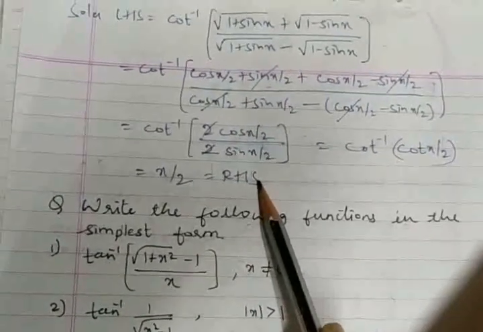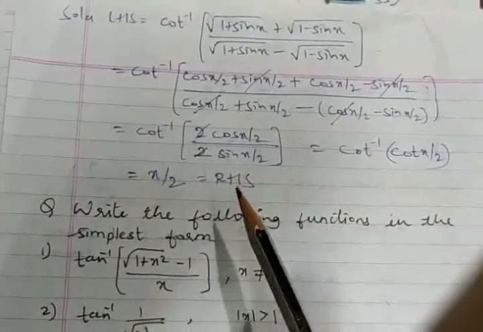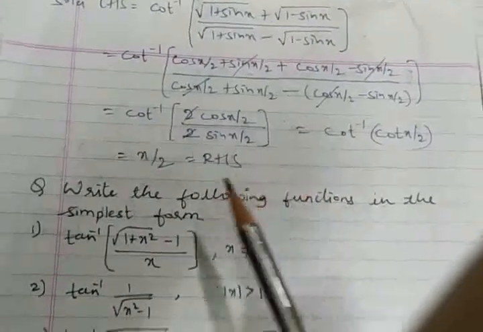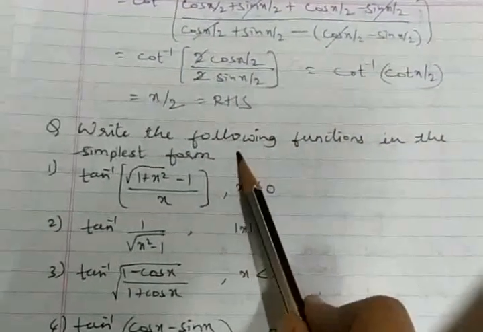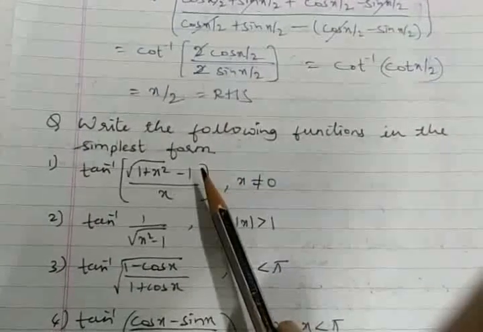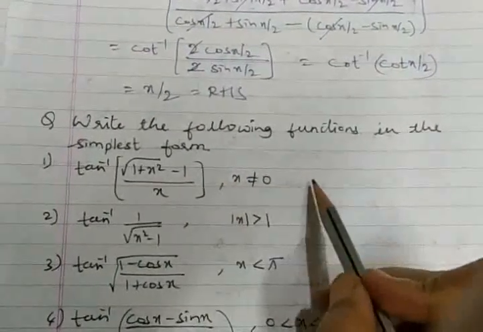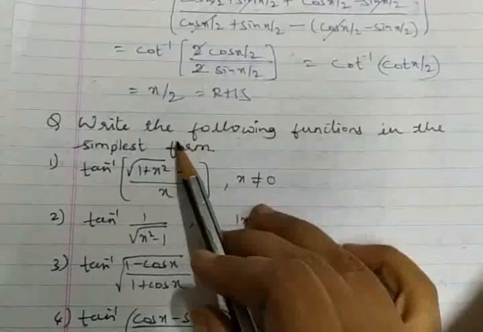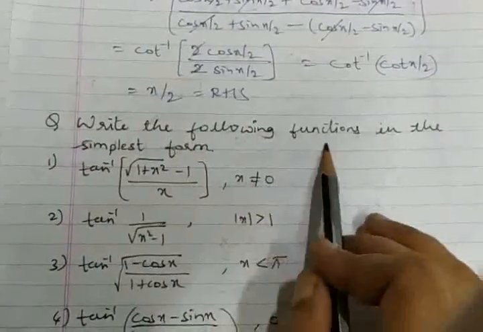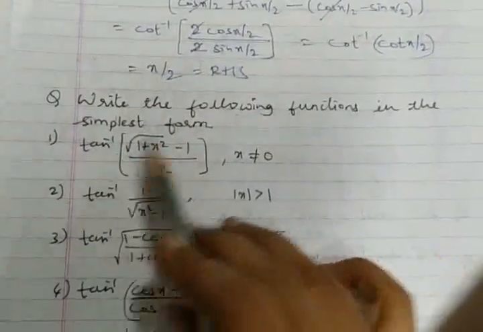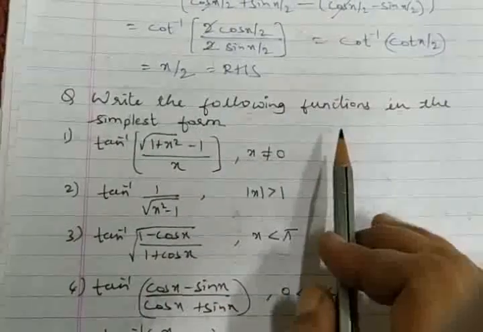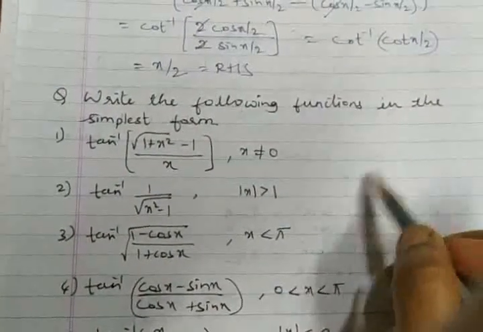Okay, so these are all the questions we had discussed till now. Their questions are of the type prove that. Now this is the next pattern, where RHS is not given. What I said, what RHS should come, they are not giving it. But what is the question? Write the following functions in the simplest form. They are only saying to simplify what is given. But the RHS is not given. What target do we have to reach?